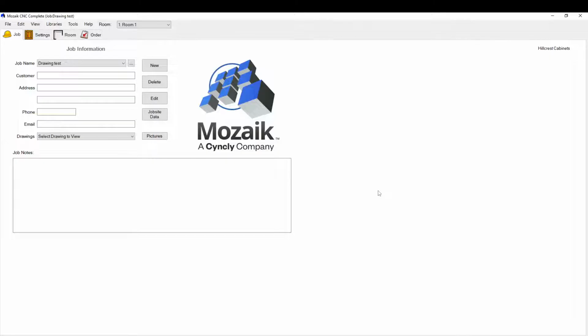Click OK. You'll always start on the Job tab, and by a rule of thumb, and also in most of the places in Mozaik, you want to work your way from the left to the right through the tabs. So here you start with the Job tab. You can fill out the customer name. Of course, you could also make the job name the customer name. If you're using a builder's name, you could name the builder's name here and then have the customer name down here. The address of the project,